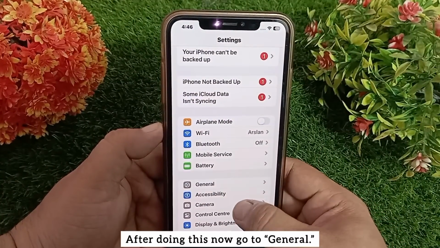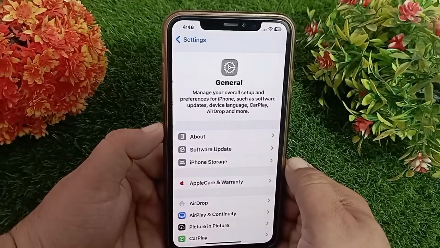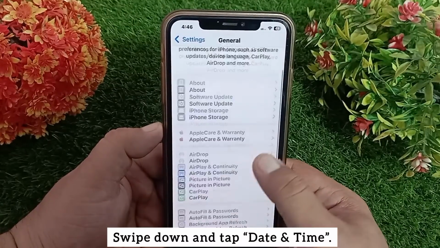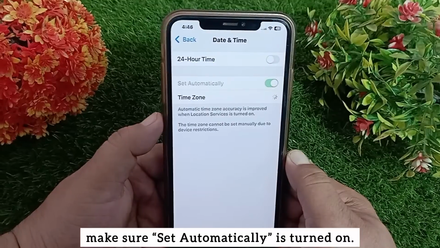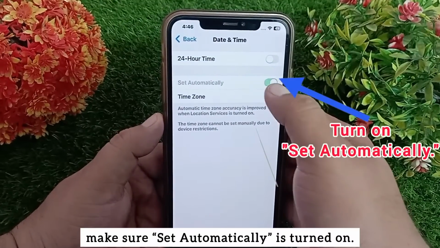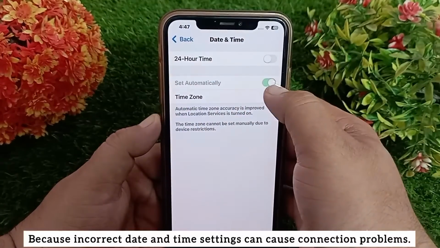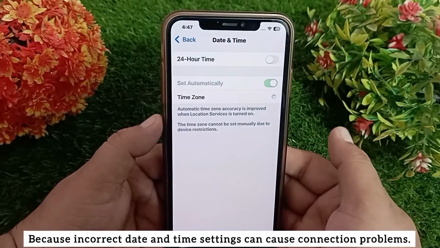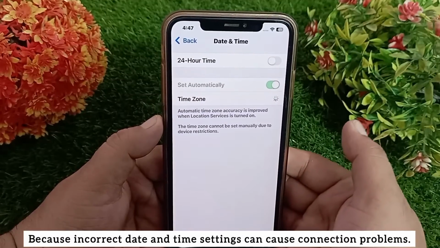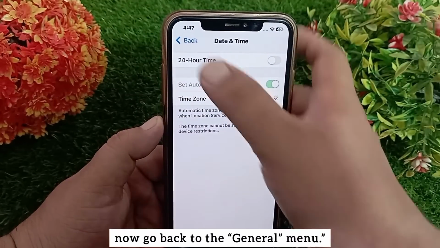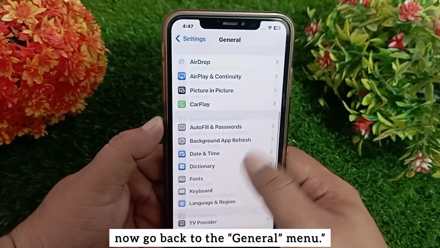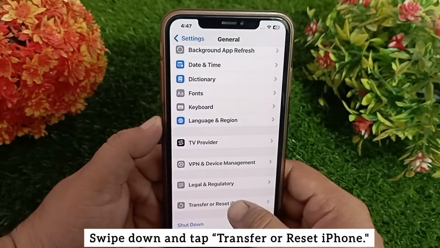After doing this, now go to General, swipe down and tap Date and Time. In the date and time, make sure Set Automatically is turned on because incorrect date and time settings can cause connection problems. After checking the date and time, now go back to the General menu, swipe down and tap Transfer